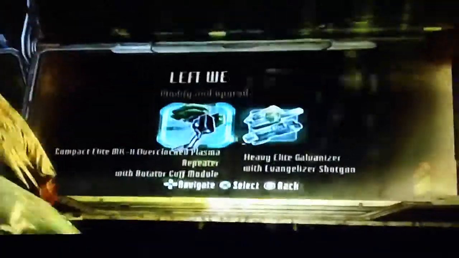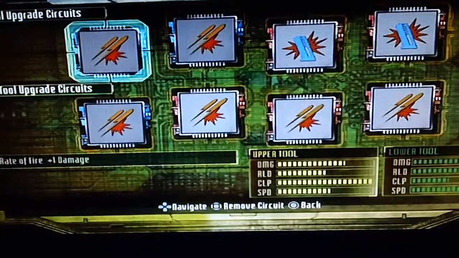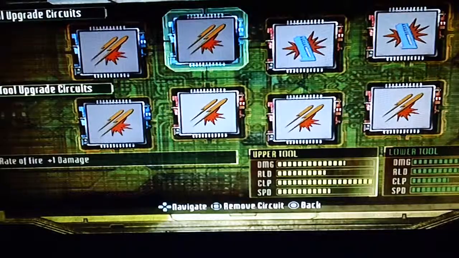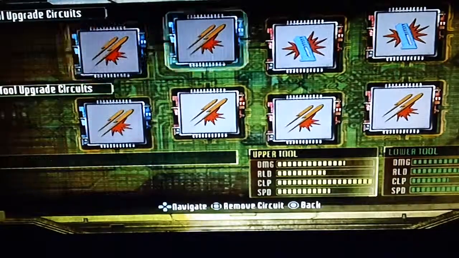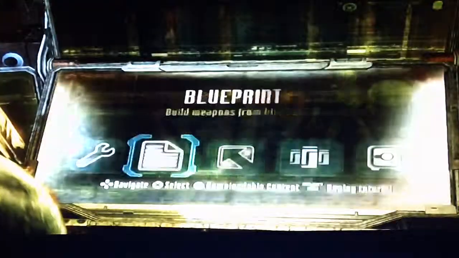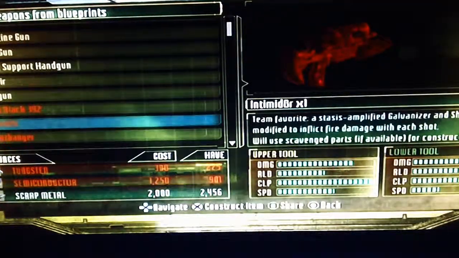So what I did is I cleared out all the ones on my plasma cutter. Sold them. And then put the good ones onto here. Like +1 rate of fire, +1 damage. So really I'm only missing out on +1 rate of fire and +1 damage for only 3 of these. So not too much of a loss, and I do gain a lot of resources, and I can almost make another Intimidator. Since